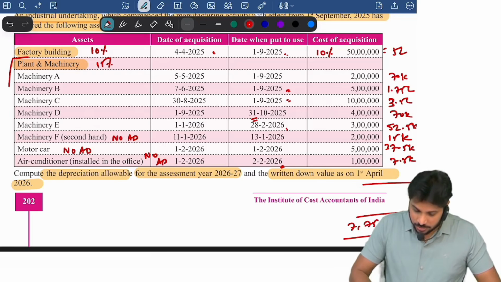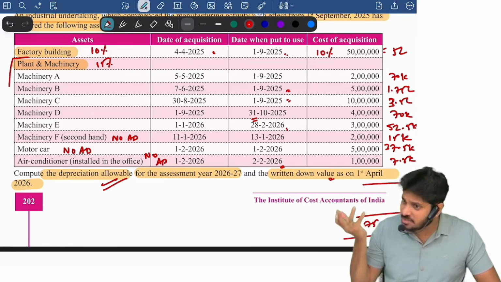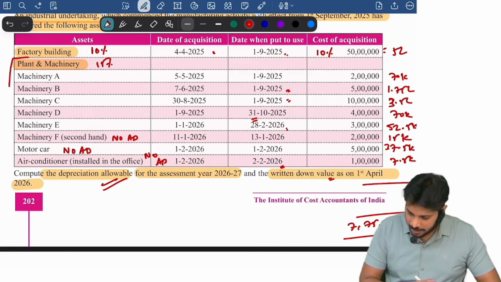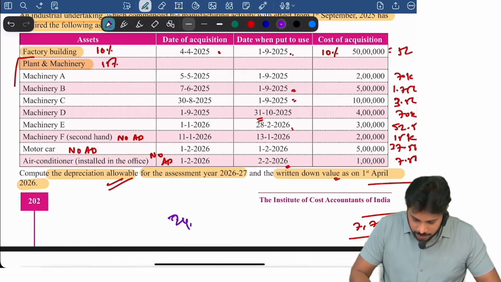Okay, now they are asking depreciation allowable and they're also asking WDV value. How to calculate WDV? Opening plus additions minus depreciation. So 2 lakh plus 5 lakh plus 10 lakh plus 4 lakh plus 3 lakh plus 2 lakh plus 5 lakh plus 1 lakh minus 7,75,000. WDV 24 lakh